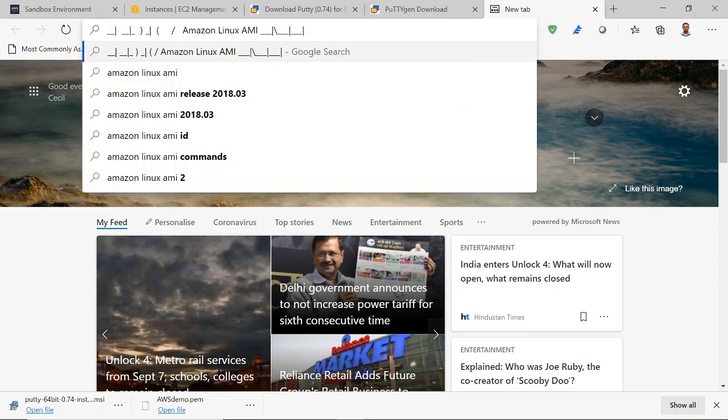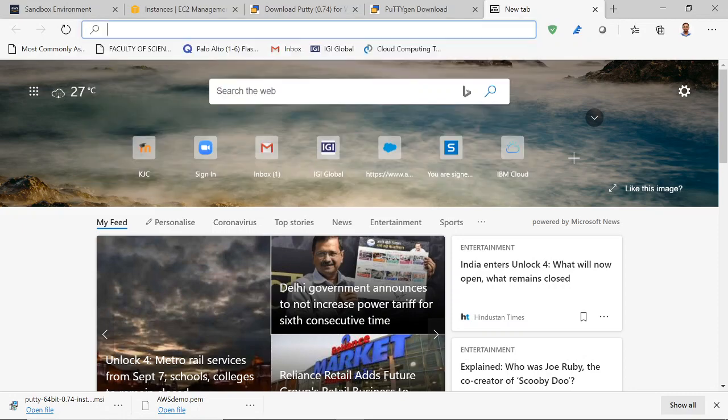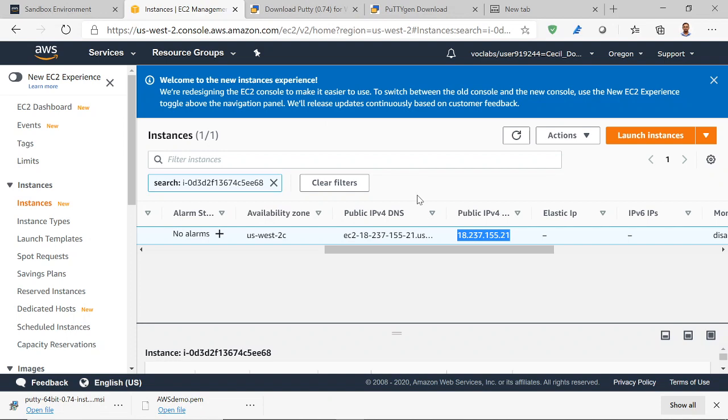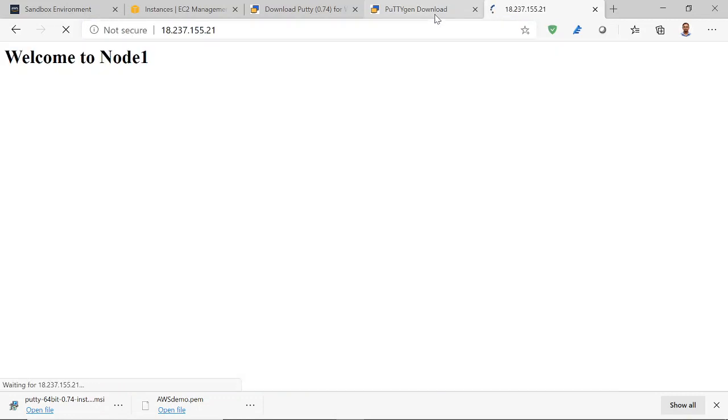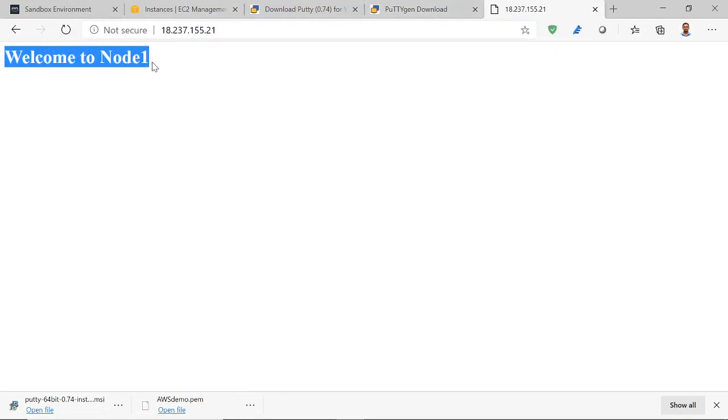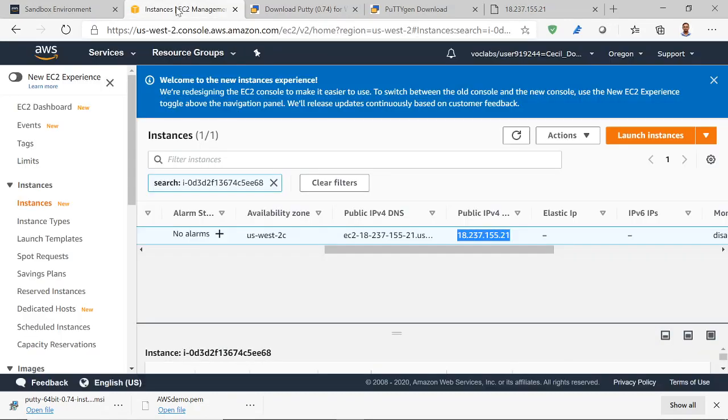Just copy the IP address again, paste it in the browser and press enter. Now you can see that the message is displayed here: welcome to node 1. It means your instance is created successfully and it is running successfully.